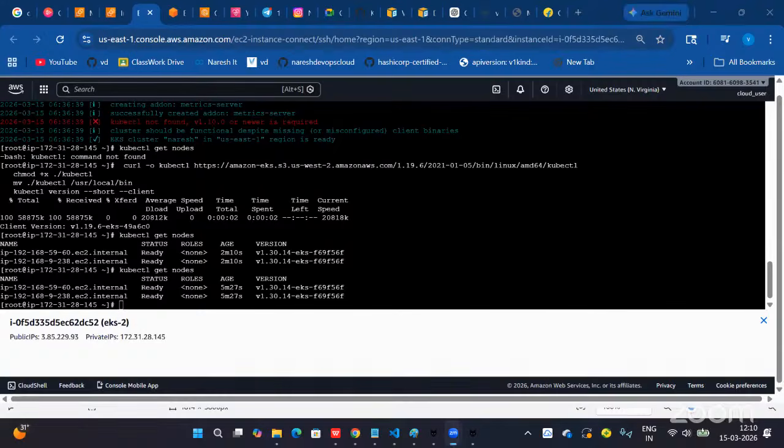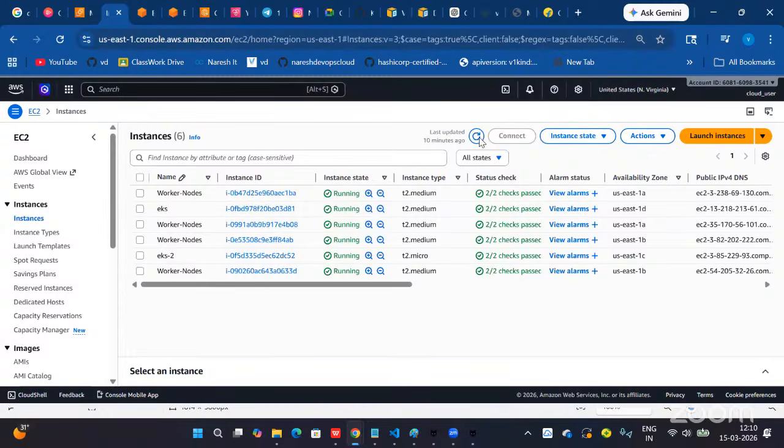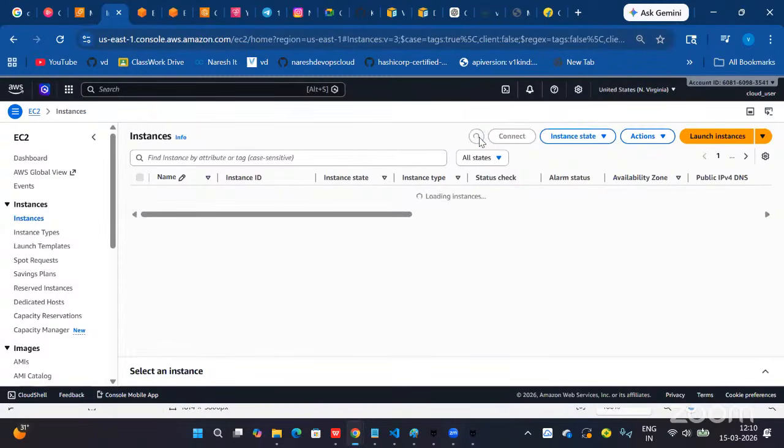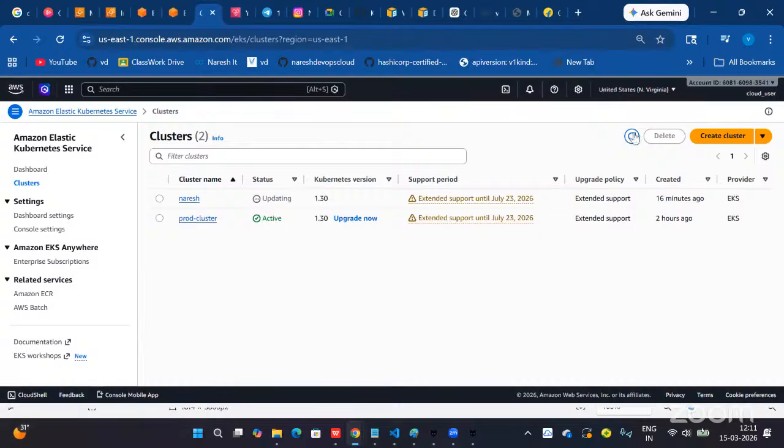I created this as 1.30, and now it is going to be upgraded to 1.31. Just we have to wait.